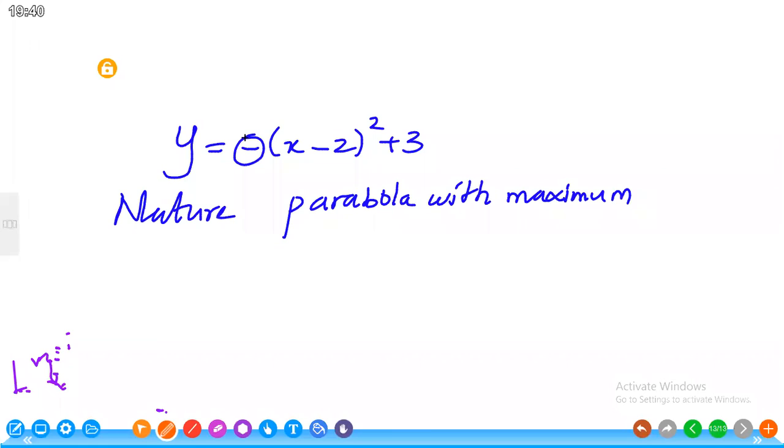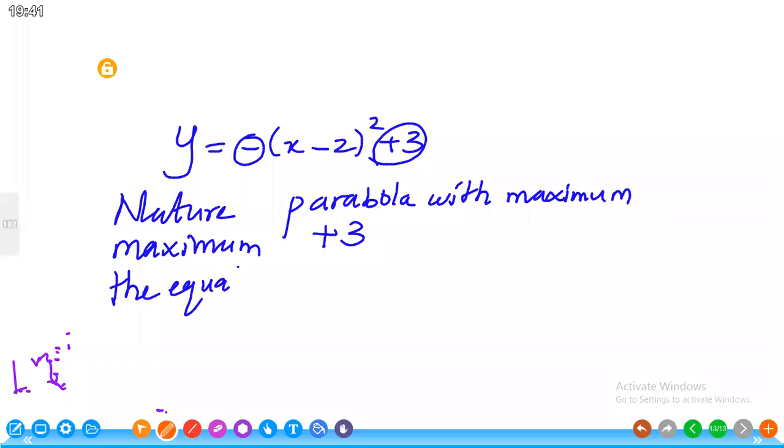When we consider the maximum or minimum value, here we already say the maximum value. So the maximum value, using this value, is positive 3, right? According to the table. Remember the values of the table. Now another one, the equation of axisymmetry. Using this part, here x minus 2, so x is equal to positive 2.